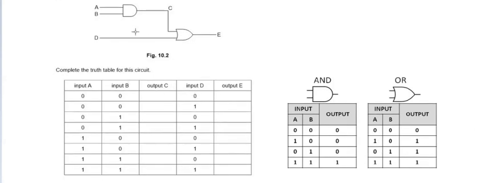First of all, we will find the output C, and then we will consider C and D as the inputs, and at last we will find the output E. So our goal for now is to find just the output C, which is the output of this AND gate, and the inputs are what? A and B. And here you can see in the